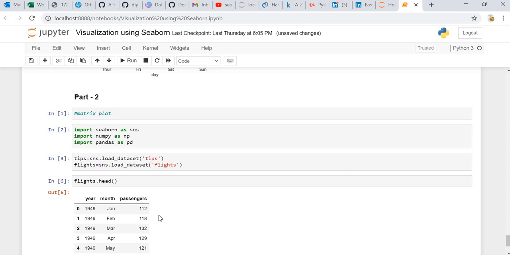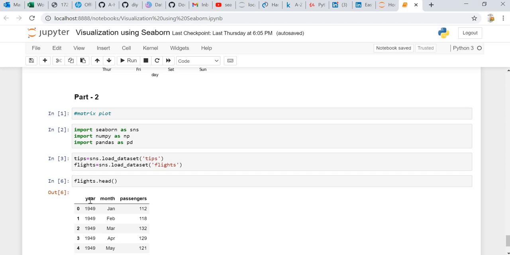So what is a matrix plot? In order to draw a matrix plot, the data should be in matrix format. The matrix form is when we have the column and row names the same, meaning we have the comparison between each and every column. So let's say we have the columns in this flights dataset: year, month and passengers.